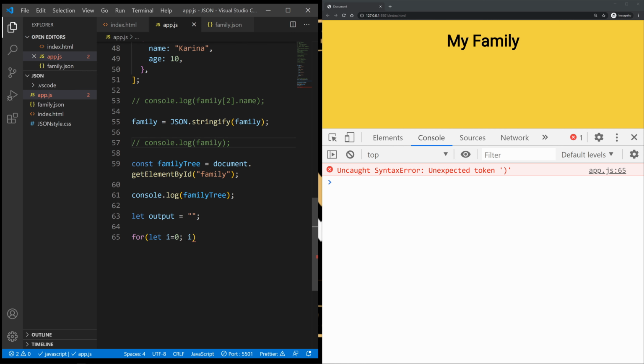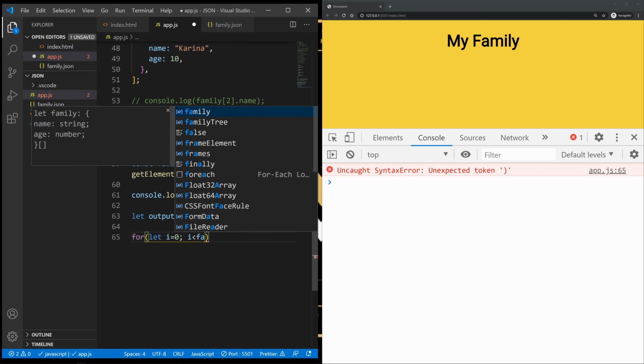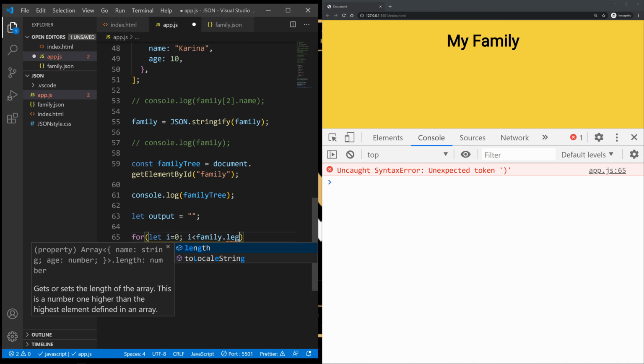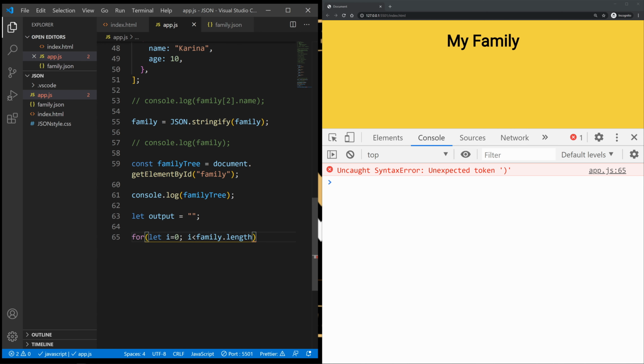Unexpected token, because I'm not finished with our loop. So as long as i is less than family.length. Okay, we're still not finished with it. And we'll iterate i++.